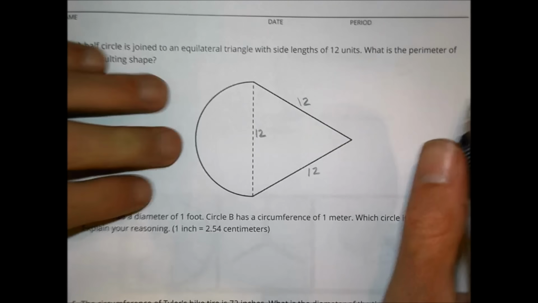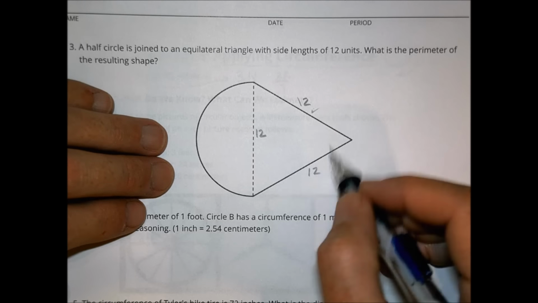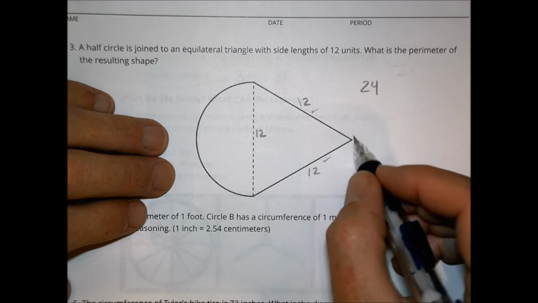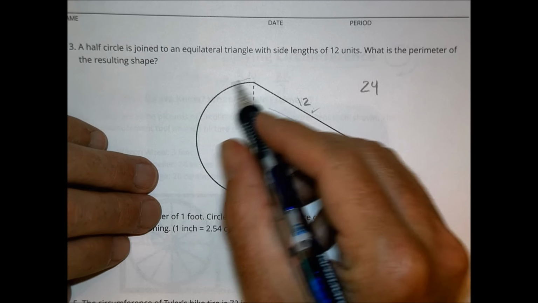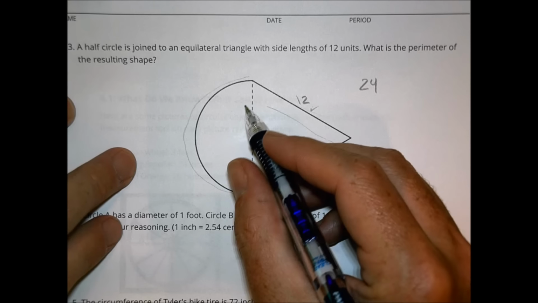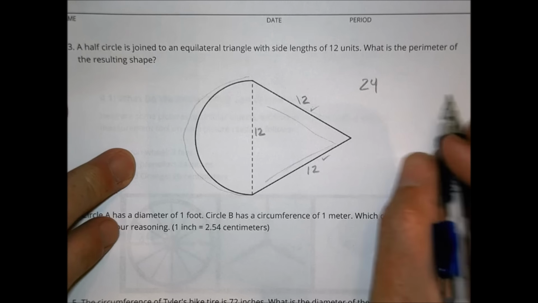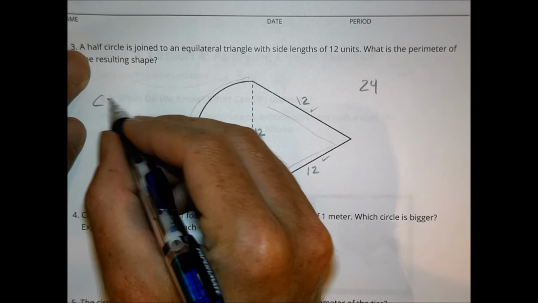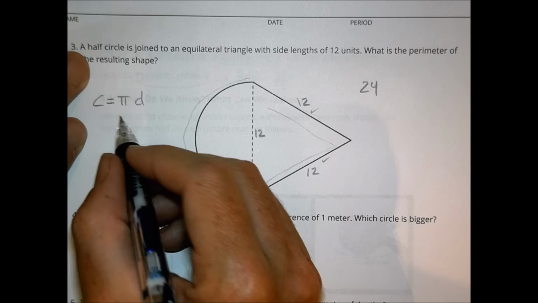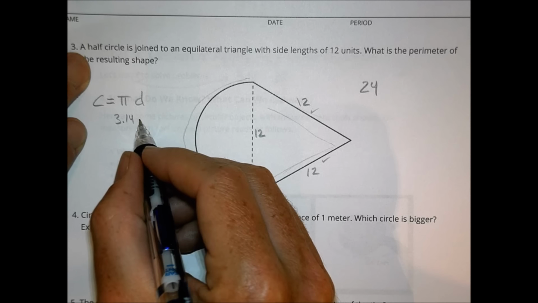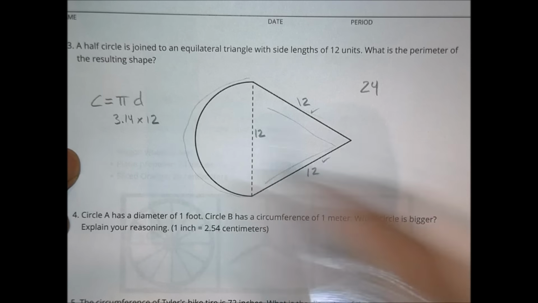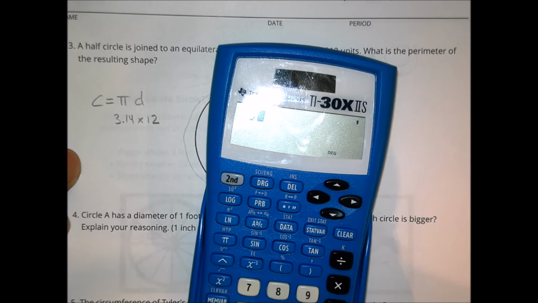Okay, well I know that this length is 12 and 12, so I know I'm already starting with a 24 in terms of what I have for these values there. But I need to find out the length of this semicircle there. This is not a full circle, but I can figure out what the value is going to be. The circumference is going to be pi times the diameter. We know the diameter is 12. So you have 3.14 times 12. Okay, we're okay with that part, no problem. 3.14 times 12 is going to be equal to